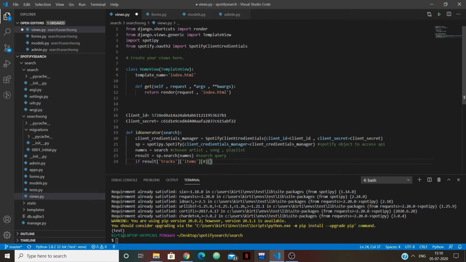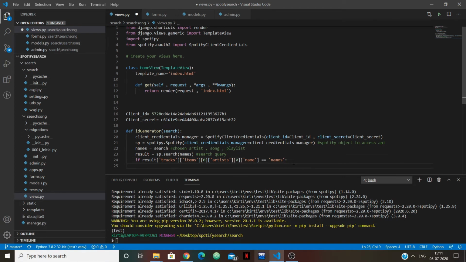Fetch this and its artist, of this artist, and if the search type name is equal to the name of the track which is present in the first artist of this 5D array, then just return the ID of that array,